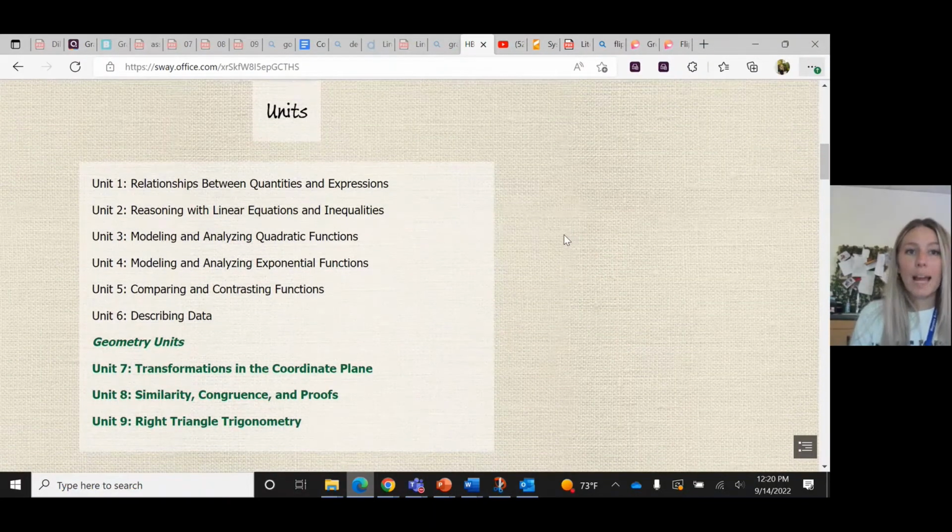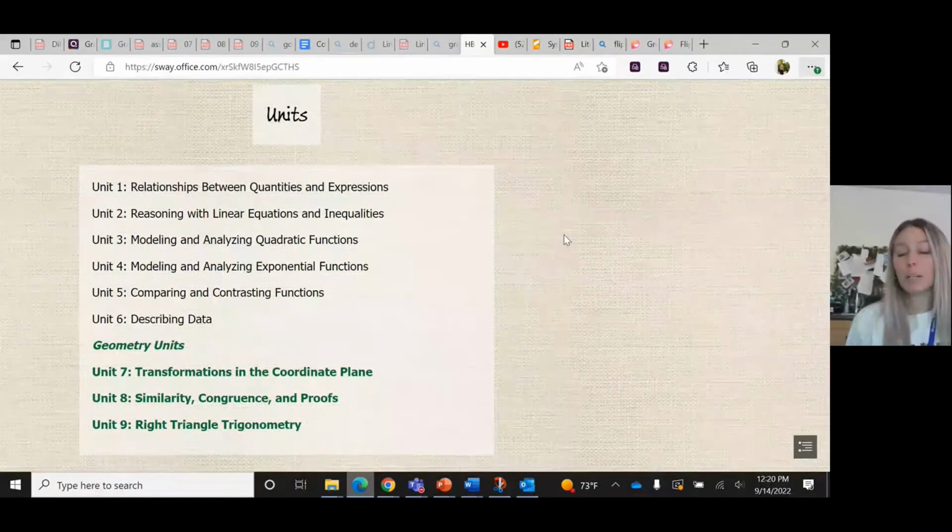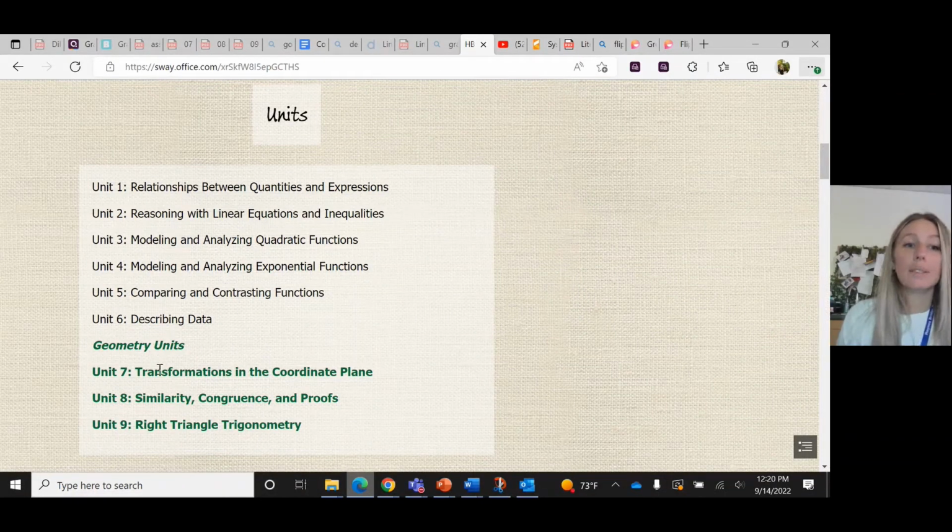So my units for algebra, we only have 6 units in algebra, and then we have 9 units in accelerated algebra and geometry, because in accelerated algebra, we hit 3 extra units, which is half of the 10th grade math. We are currently in Unit 2. We're talking about linear equations and inequalities, and we will soon be starting Unit 3, which is all about quadratic